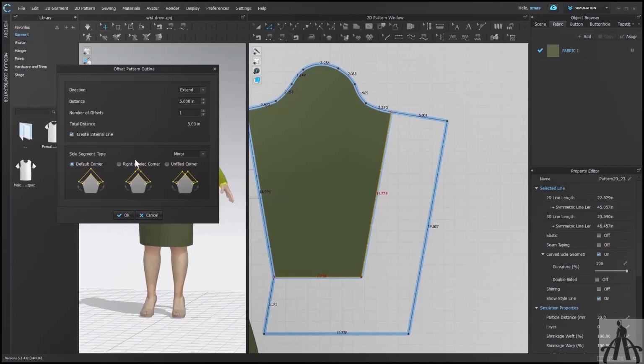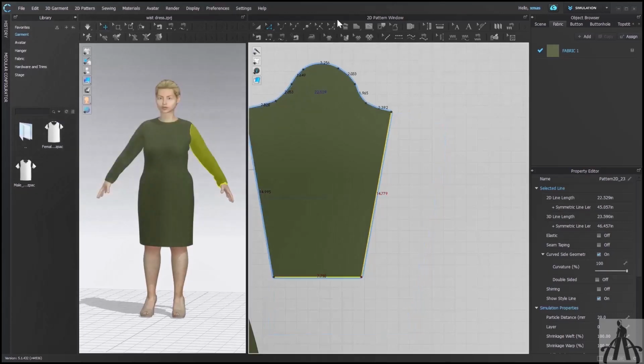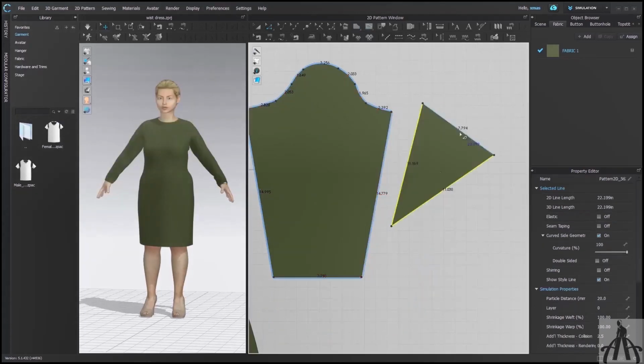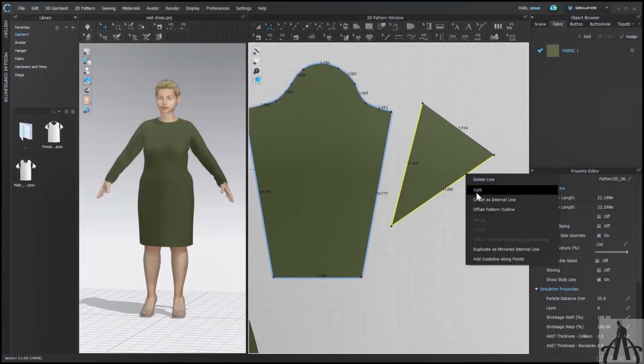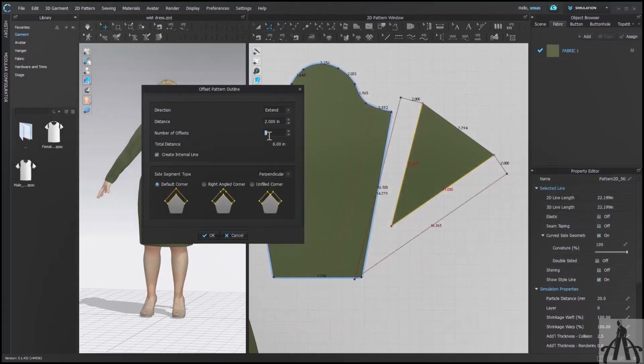Now, right angled corner is left from discussion, so I will create one triangle with a sharp corner. Now if you select this option, your corner will change its shape and become a right angle, no matter how the pattern was. In a similar way, unfilled corner doesn't get affected by our shape.